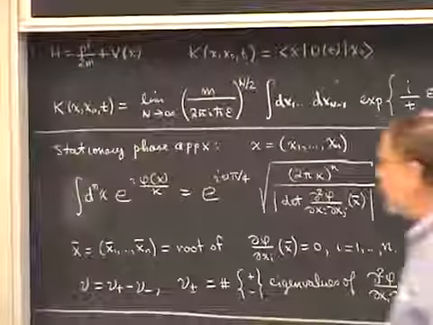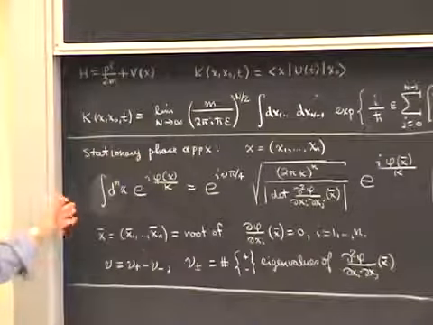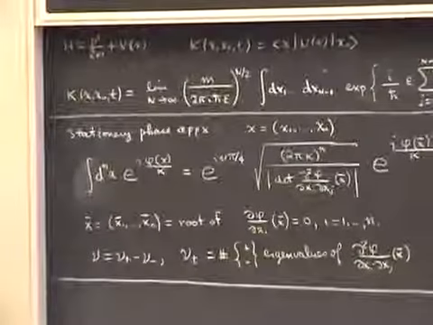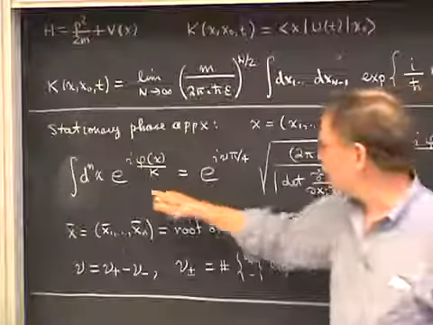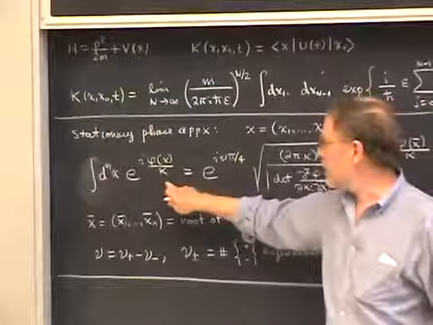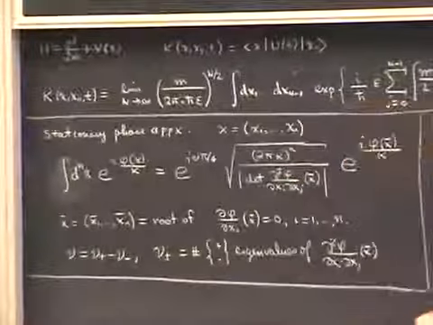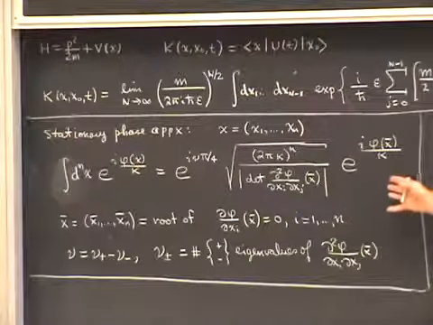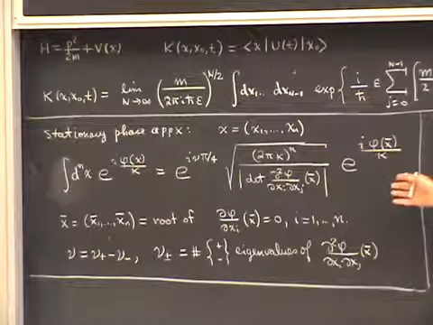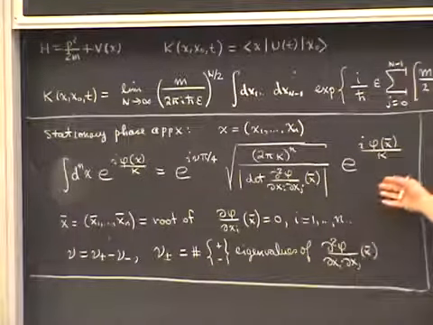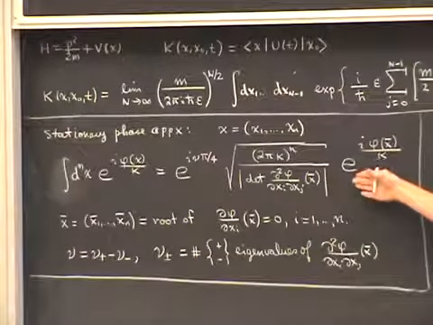Last time I went over the stationary phase approximation, and basically it's an exercise in mathematics. It's an approximation for an integral in which you've got a rapidly oscillating integrand. Here we're thinking of kappa as being small, which is what makes an integrand oscillate rapidly. And I think it went over all right in the one-dimensional case, but for the multi-dimensional case I was pretty sketchy. So I want to start today by filling in more of the details about this multi-dimensional result here,